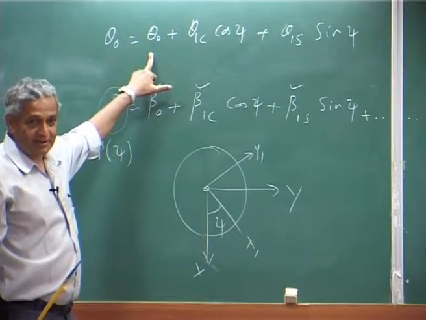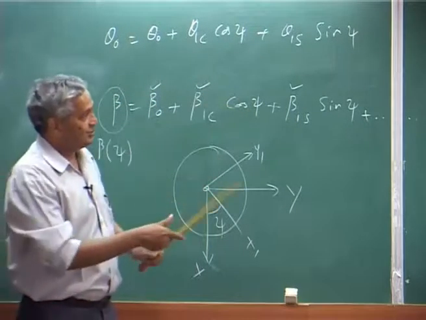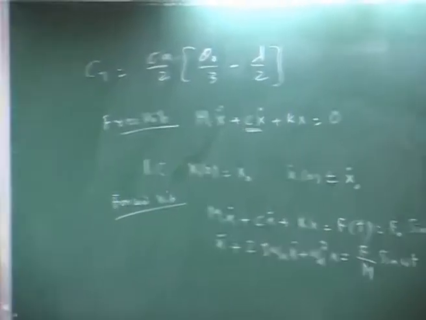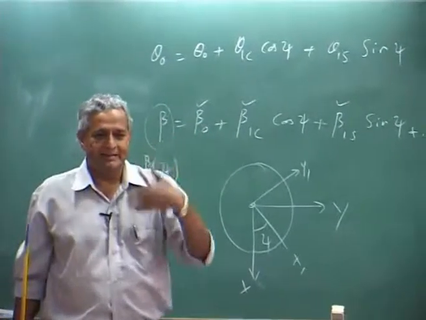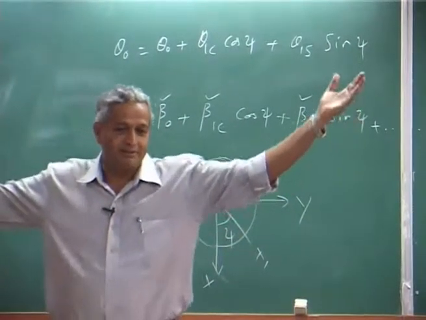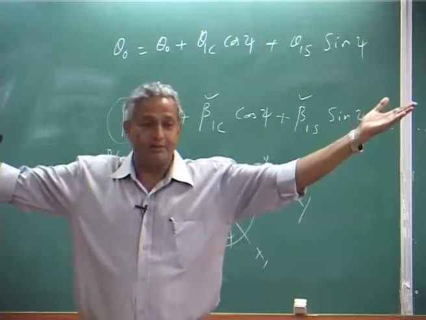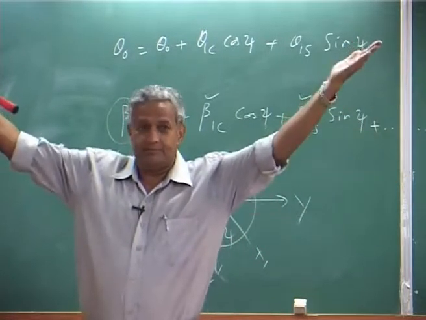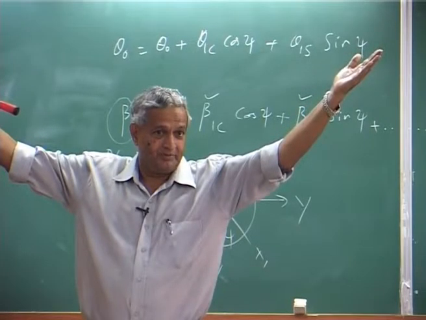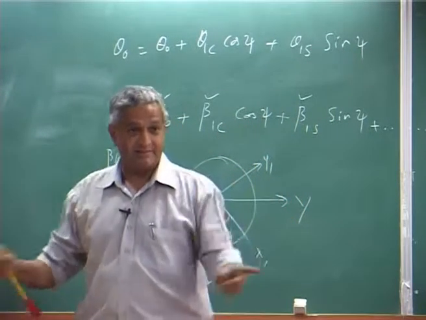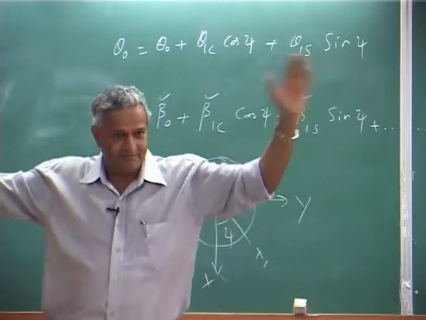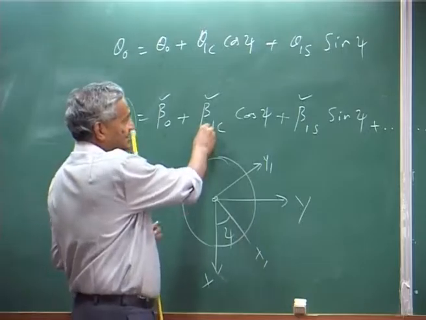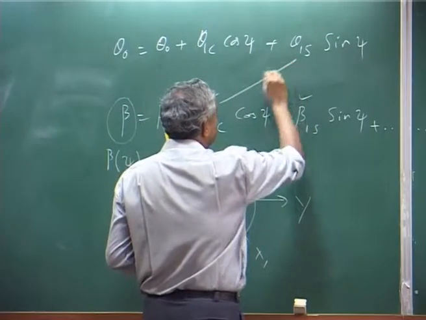Coning, theta naught, is related to your loading. So, my beta naught is somewhat related to how much my helicopter is loaded, how much my rotor is supporting. If you put more weight, it will go up a little bit. Same operating condition, please understand, it is not that my RPM is changing, it is fixed RPM. But when you look at this, 1C is related to,